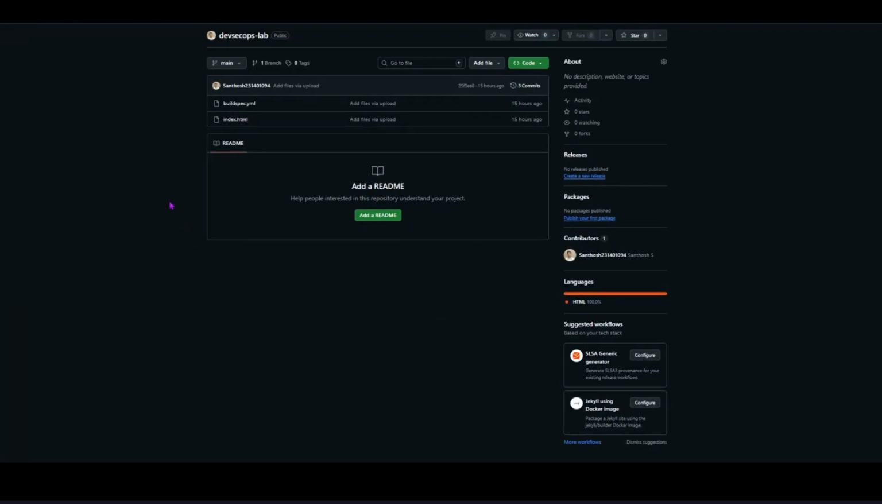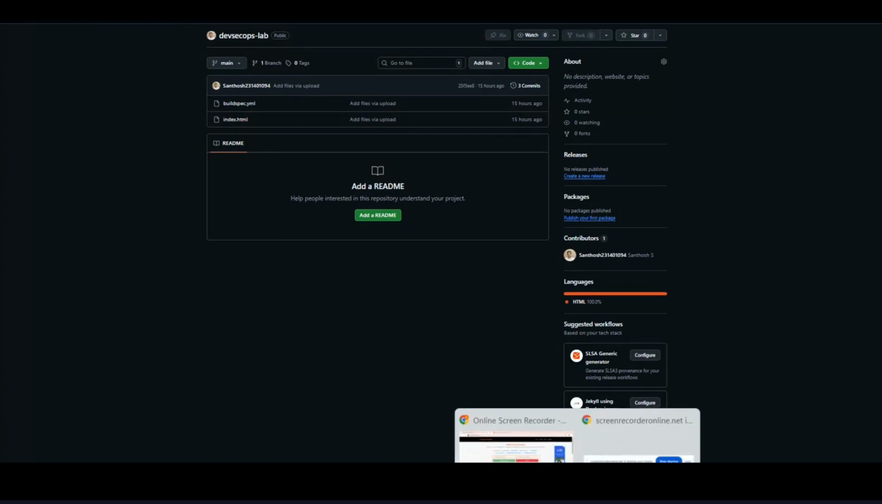Hello everyone. Today we're going to see how to create a DevOps pipeline using AWS. And this is our GitHub repo. It has a HTML file which we are going to host in AWS and a configuration file .yml. Let's head into